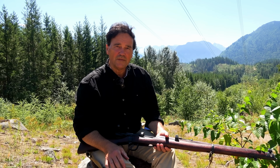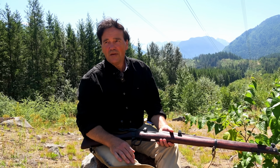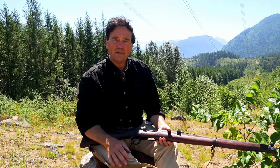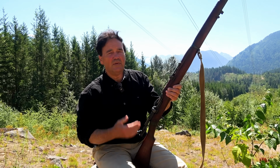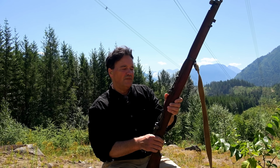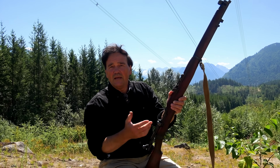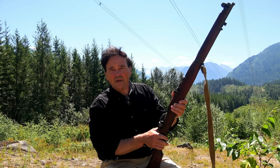Hi again. We've looked at a lot of different rifles and shotguns over the years. It's been a lot of fun. One area of collecting that I haven't really talked about is, well, I was going to say historic guns, but the Lee Enfield is a historic gun. There are a lot of people that collect these, the different Marks III, Mark IV, Mark V, which is the jungle carbine. This one is a doubly historic rifle,